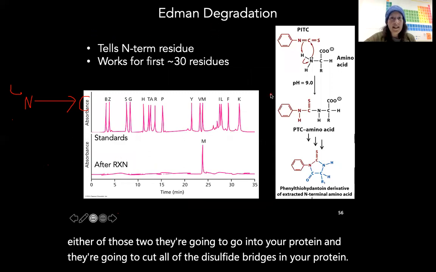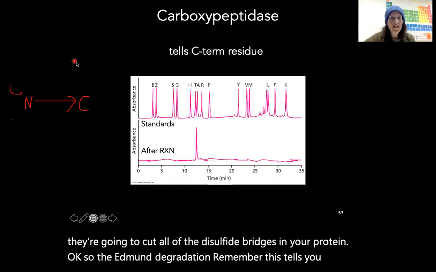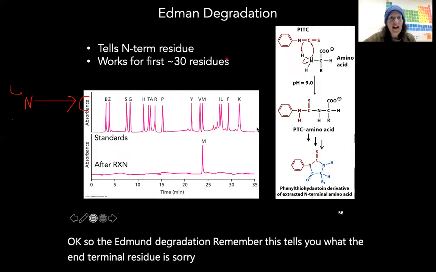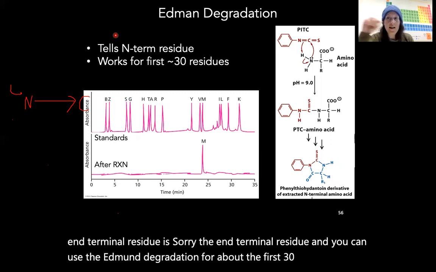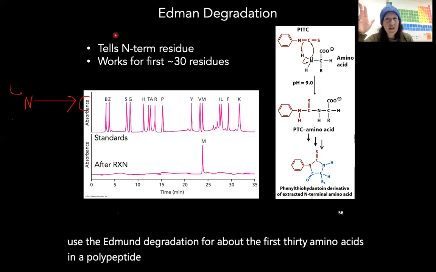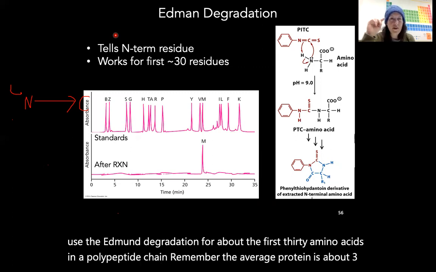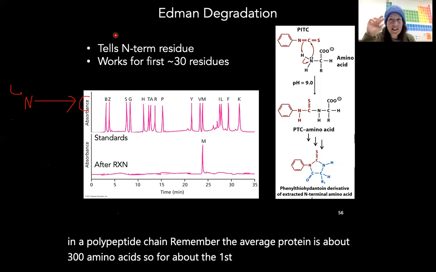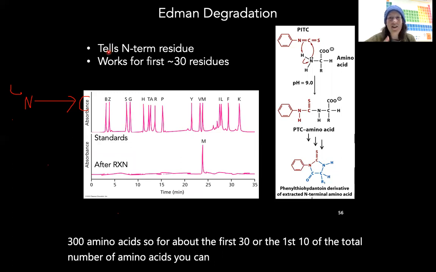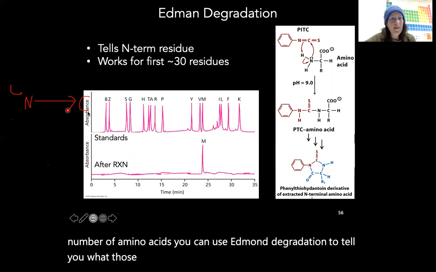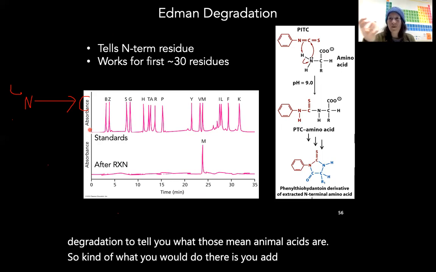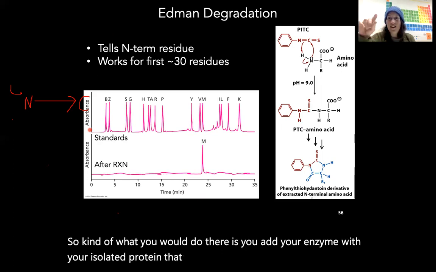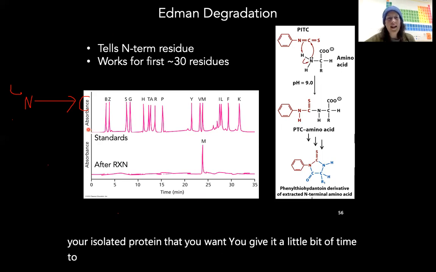Okay, so the Edman degradation, remember, this tells you what the N-terminal residue is. And you can use the Edman degradation for about the first 30 amino acids in a polypeptide chain. Remember, the average protein is about 300 amino acids. So for about the first 30, or the first 10% of the total number of amino acids, you can use Edman degradation to tell you what those amino acids are. And so what you would do there is you add your enzyme with your isolated protein that you want. You give it a little bit of time to incubate, and then you're going to run it on an